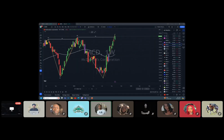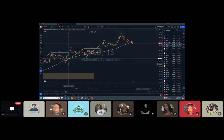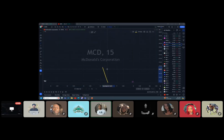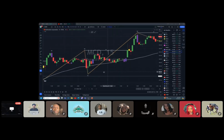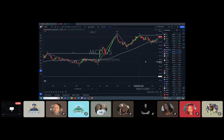That's that one. McDonald's. I saw this setup on the 15-minute. Same thing. Here. Same exact setup. All right. Here's my high. Pull back. And that pullback, what did it give me? It gave me, I don't know if you would say a pin bar candle right there. That was it. But I'm pretty sure if I drop down to my 5-minute, it's going to be a better